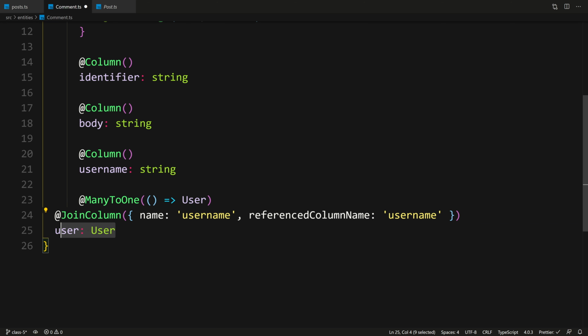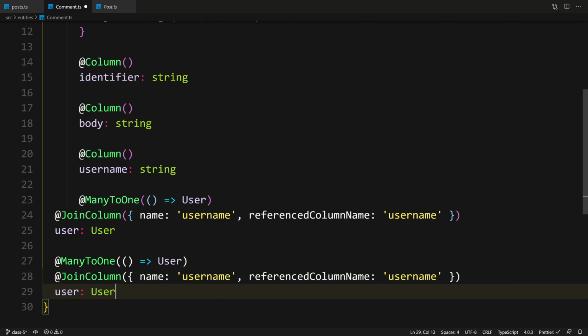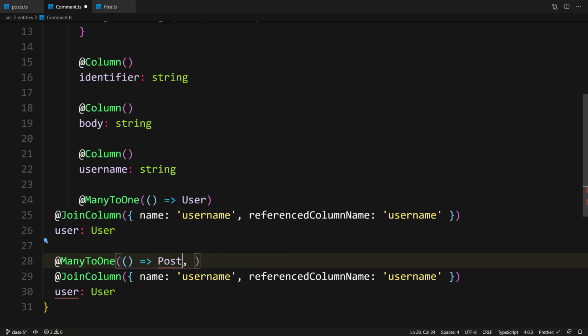That's fine. And it returns to us a user object like that. That's okay. And let's actually do the same for post, because every comment belongs to a post. And it's a many to one as well, because every post has many comments. And here we're going to set up the inverse relation. So this will be post. And let's import that. Here we can say post returns